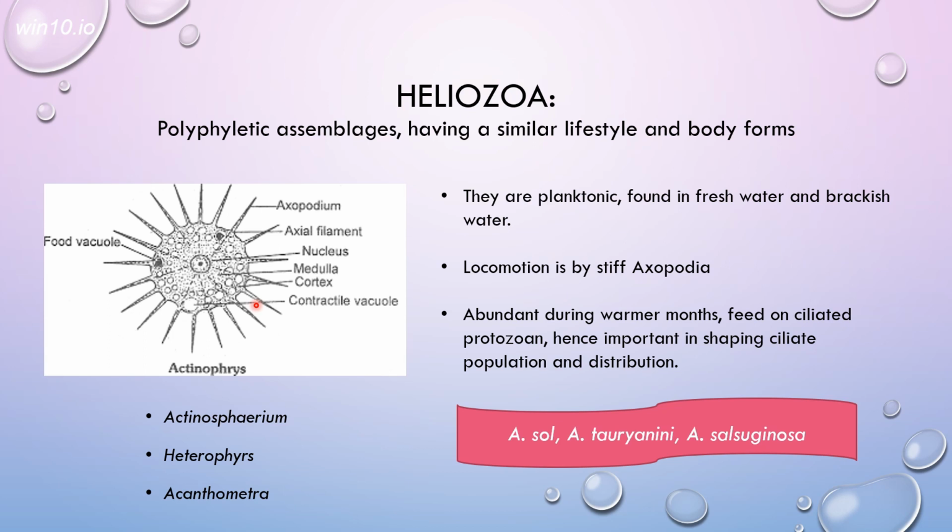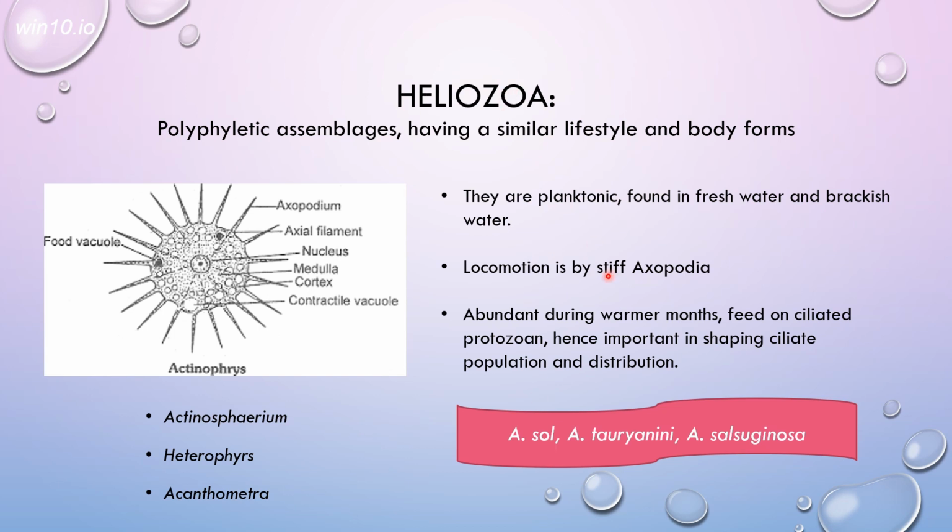Typically, different genera have been identified, which are enlisted here, and the type species, which possesses all the characteristics described for the phylum, is Actinosphaerium. The species is denoted by a capital letter genus followed by the species name, and as I said, it should be represented in italics. Actinophrys sol is the most dominant one identified, and